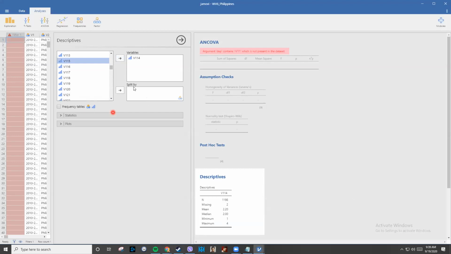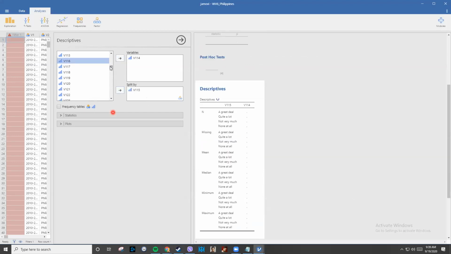V114 split by, where's the image? RM? Yes. For what yung split by?